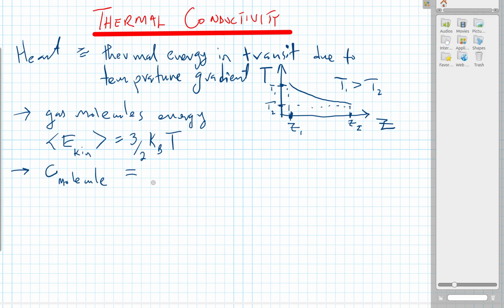Different systems would have different heat capacities. Different systems transfer energy at different rates, right? So we can consider molecules as such. And in this way, with the definition of average kinetic energy given above, one can consider d of the average kinetic energy by dT. This is going to be 3/2 times Boltzmann constant.